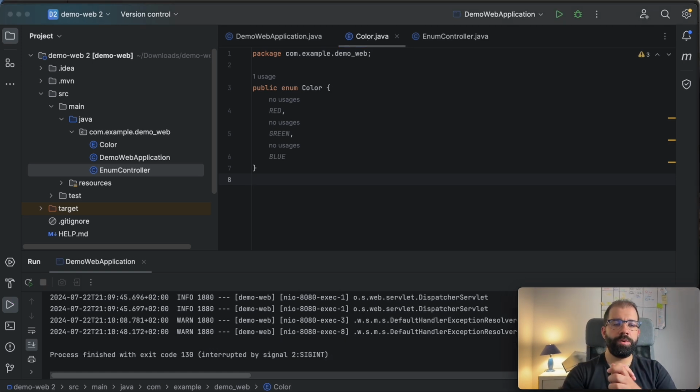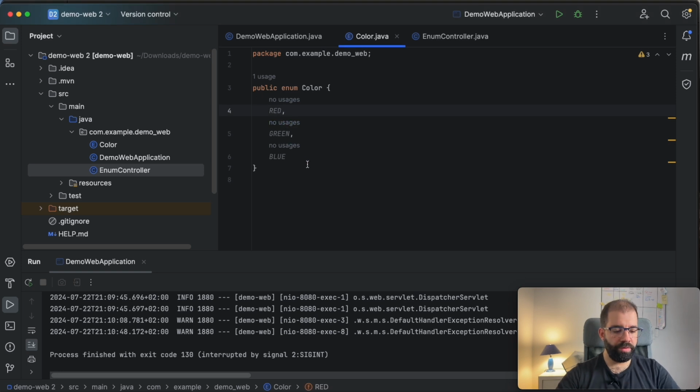For the next example, we're gonna see how we can attribute and add more information to our enums. Here our enums are only a simple word like red, green, and blue. Imagine if you want, for example, to add more information. Let's say for red, you want to add a label to it, let's say, red color, which is some sort of label. And for brightness, let's say red is dark, just for the sake of the example, a dark